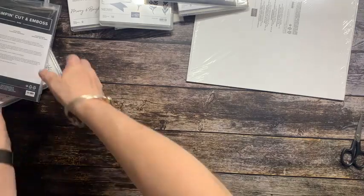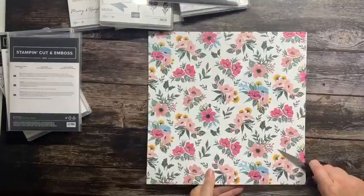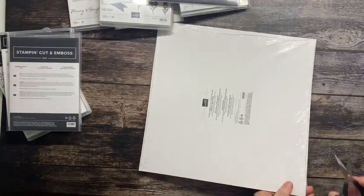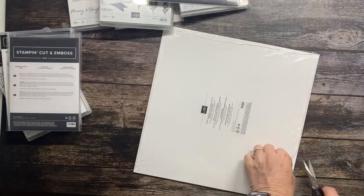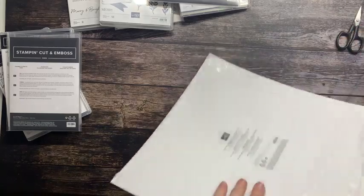Okay, so now we will go and talk about this lovely new release, this pre-release that we demonstrators have been able to order in October, getting ready for customer orders in